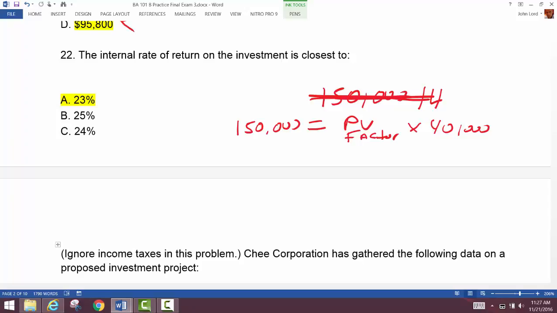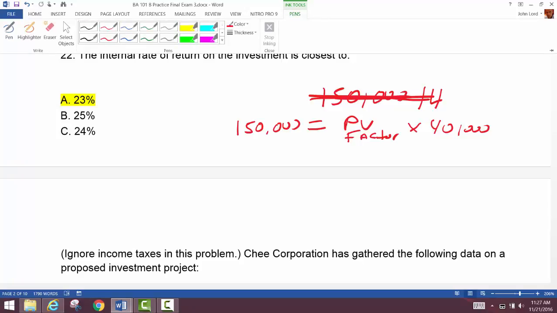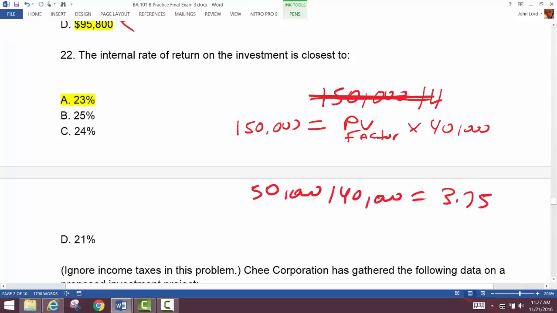Now look, you're not going to have to do this on your exam, but I'm just going to show you what this question contemplated, because I don't think there's any that get into this level of detail on the exam. But I just want to show you what happens when you get in between. You've got to figure out which one it's closer to. Okay, so what happens? Well, if I'm looking for 3.75,